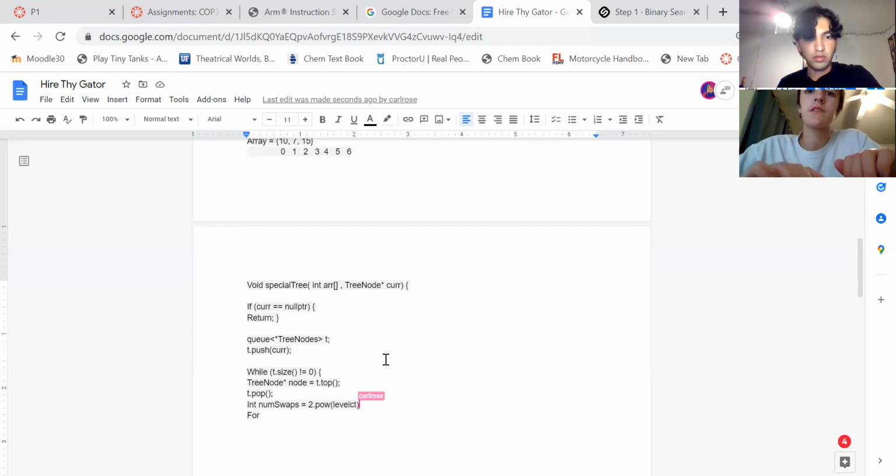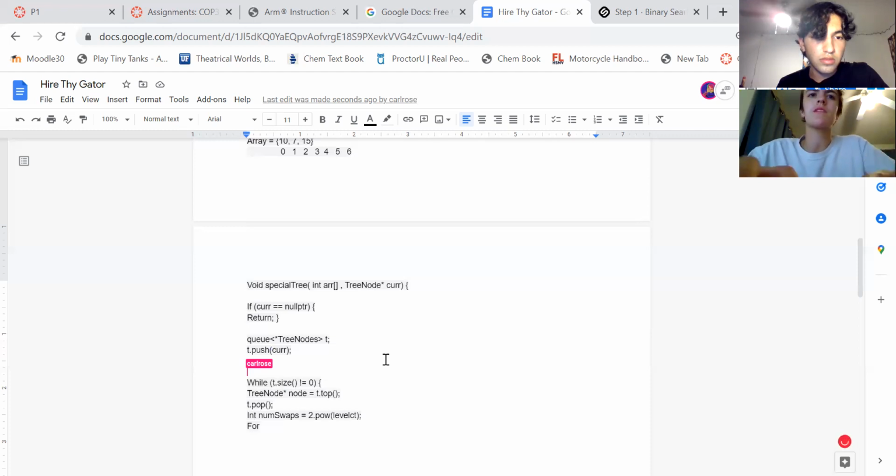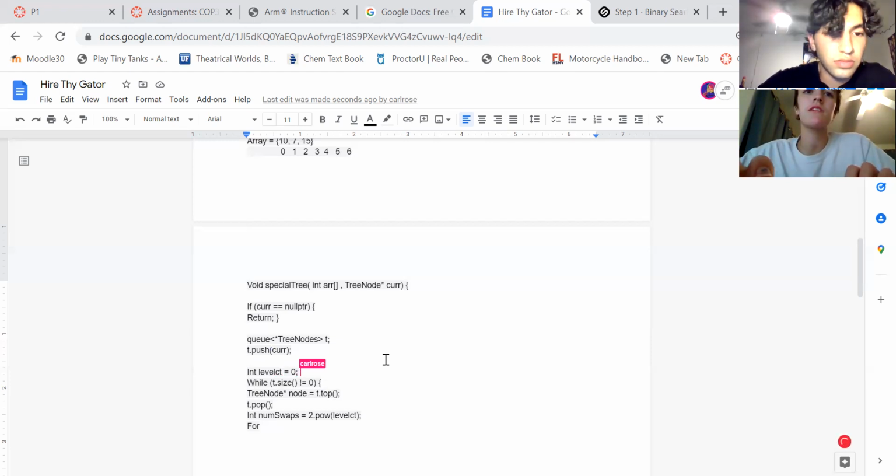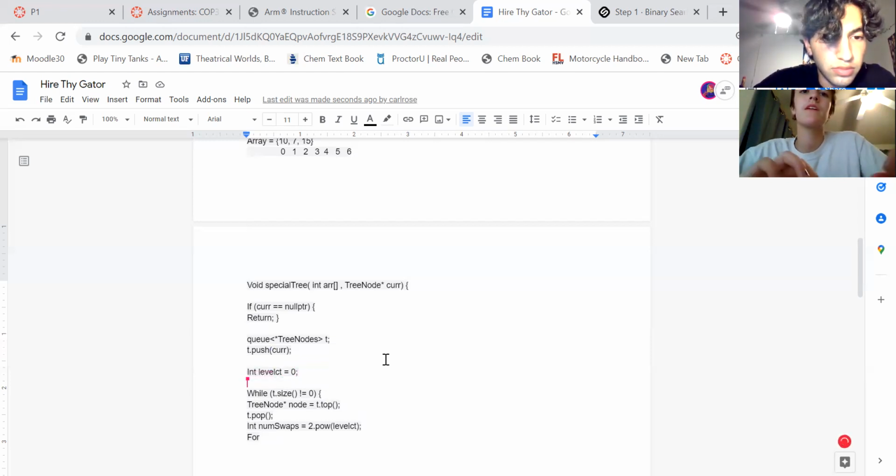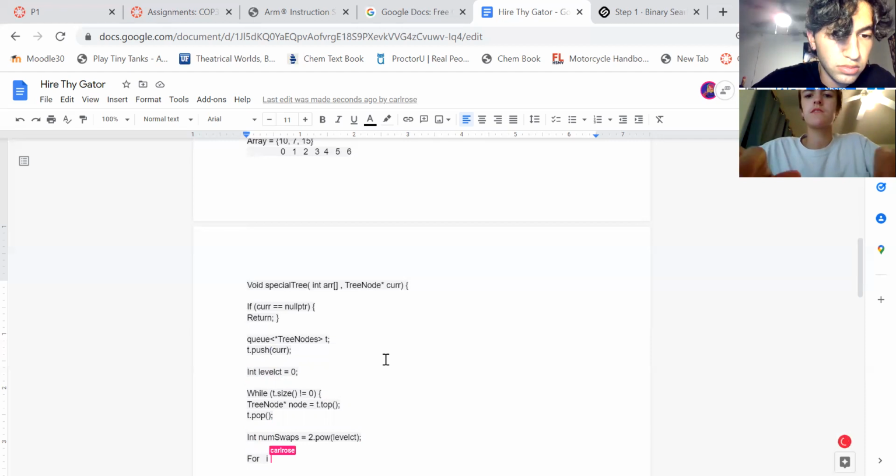So for this part, I'm gonna make a new variable int level count, which starts at 0 and increments each time we go through this for loop. So for i to number of swaps,